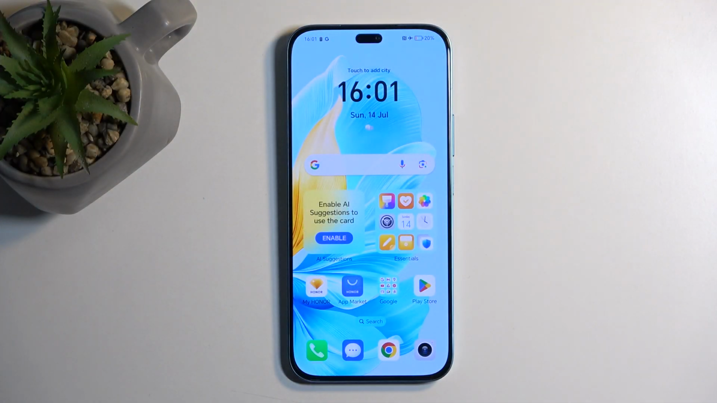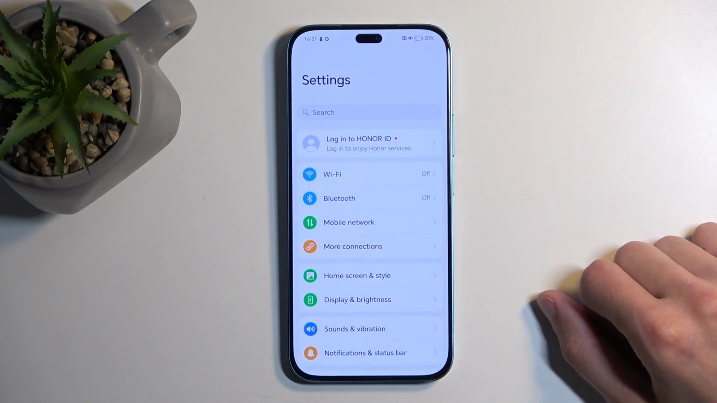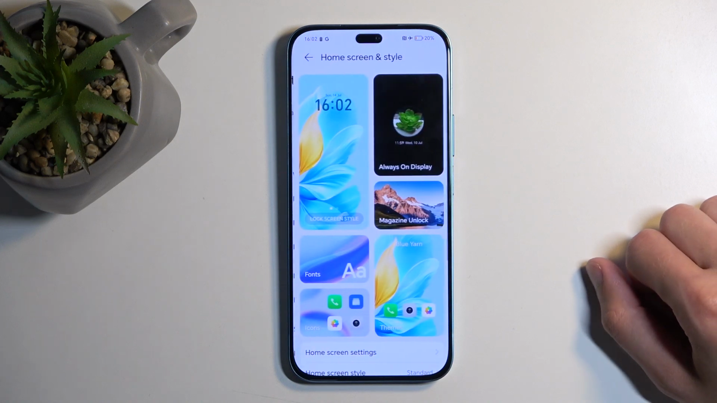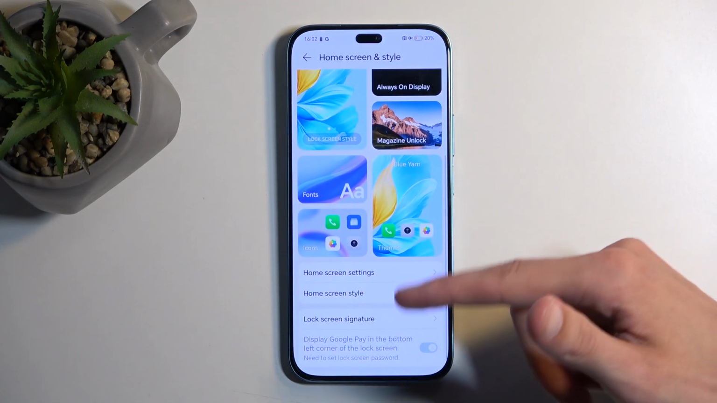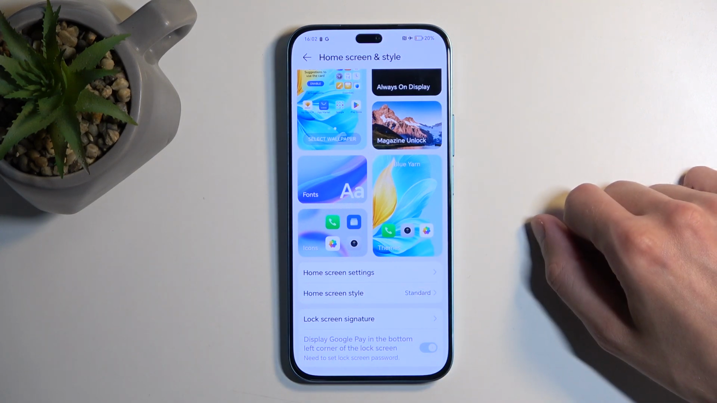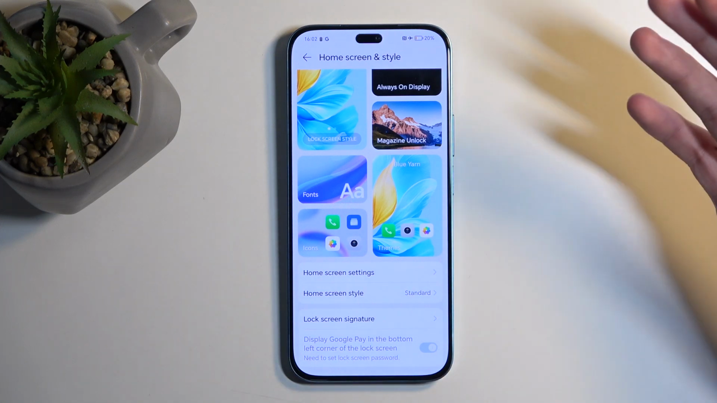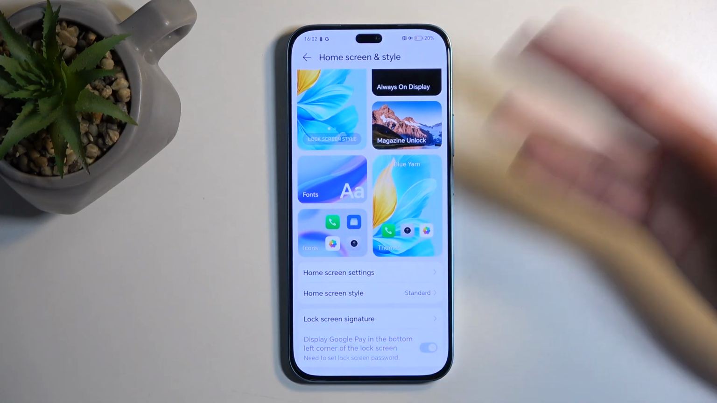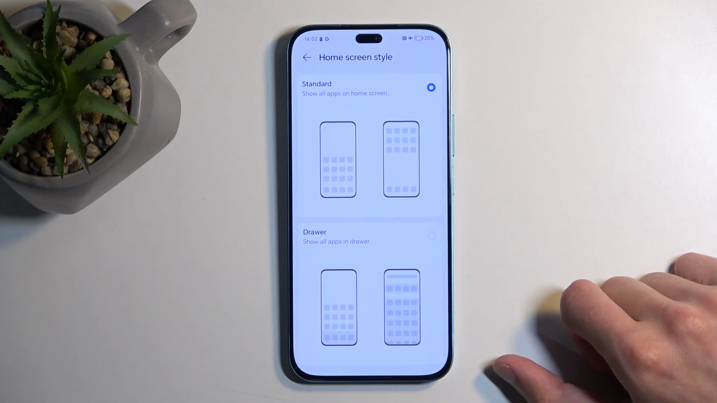So let's get started by opening up our settings, and from here we can navigate to home screen and style. Now I will be showing you how we can change the home screen style, which is for some stupid reason located under home screen and style, instead of the typical home screen and lock screen setting that is dedicated and throughout the list. In any case, here we have the home screen style, and we can change from the standard, which is,